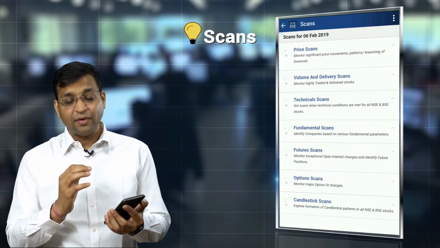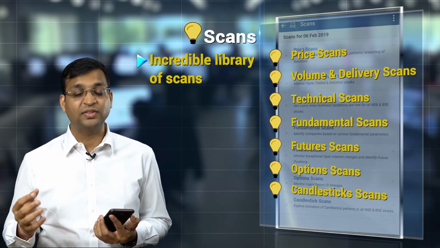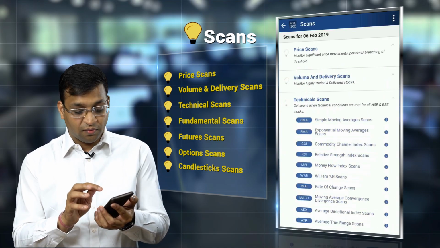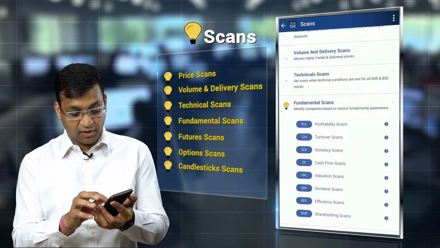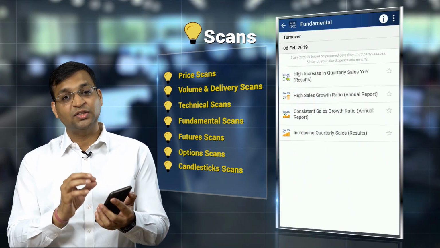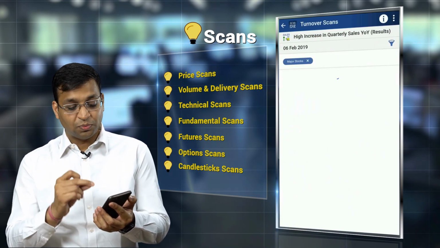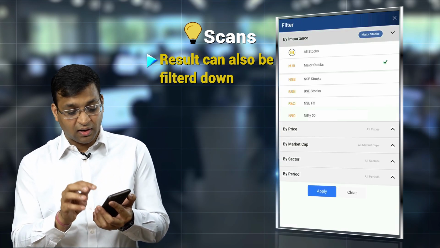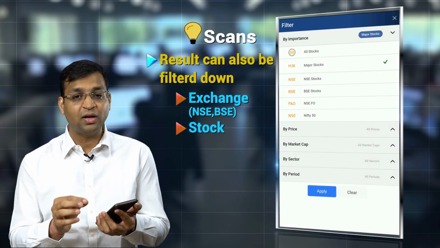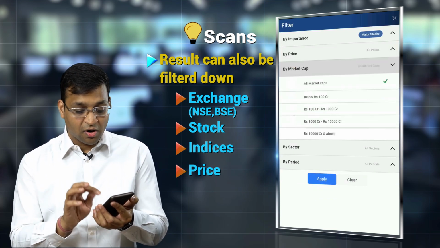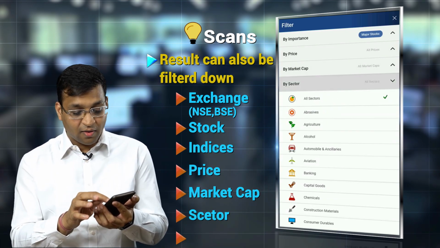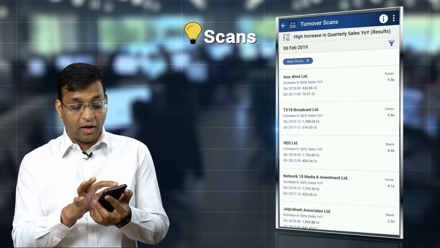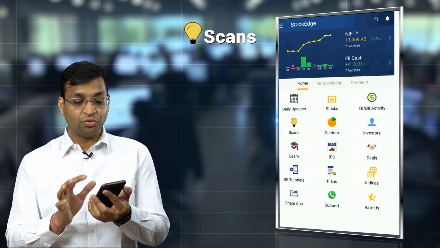Then you have scans. We have created an incredible library of scans which is helping you to identify stocks which can potentially give you an opportunity to invest or trade in the market. Each scan, sub-scan has various categories of scans which will instantly produce results for you, and these results can also be filtered down to exchange level, stock level or indices level or price level or market cap level or sector level or industry level, right? So these are the incredible scans which will help you to identify new opportunities to trade or invest in the